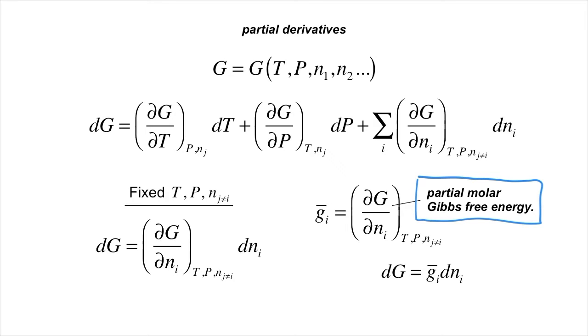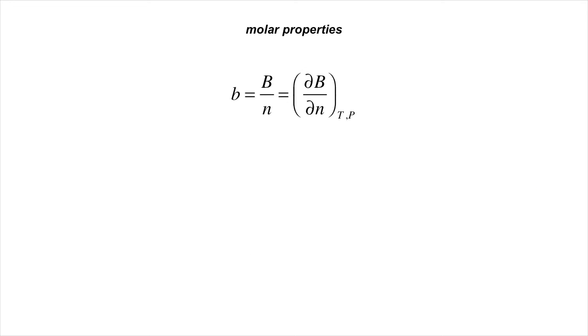The partial molar Gibbs free energy is an example of what is known more generally as a partial molar property, defined as the partial derivative of an extensive property of a mixture with respect to the number of moles of one of the species in that mixture. To better understand the definition and significance of a partial molar property, let's compare it to a molar property of